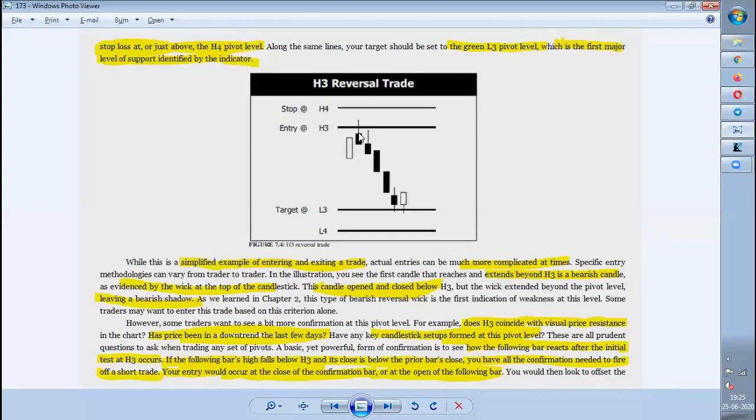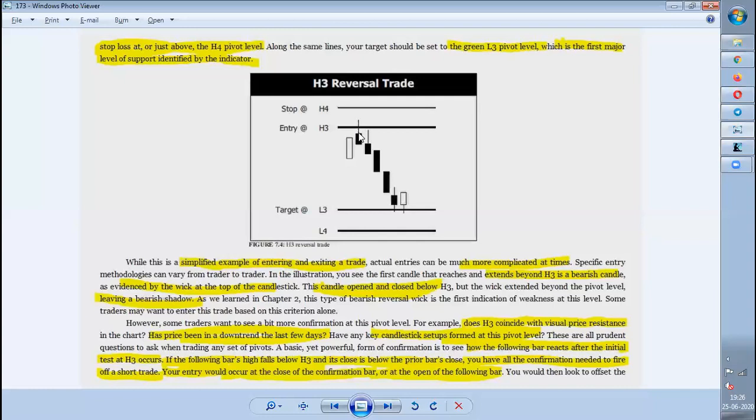To know about the wick reversal setup or bearish reversal wick or any reversal setup, you can go into chapter 2 to learn about the reversal setups. I have also recorded those videos. Kindly watch those videos, and I'll also try to tag a video in this, or I will tag the playlist at the end so that you can watch that playlist also.